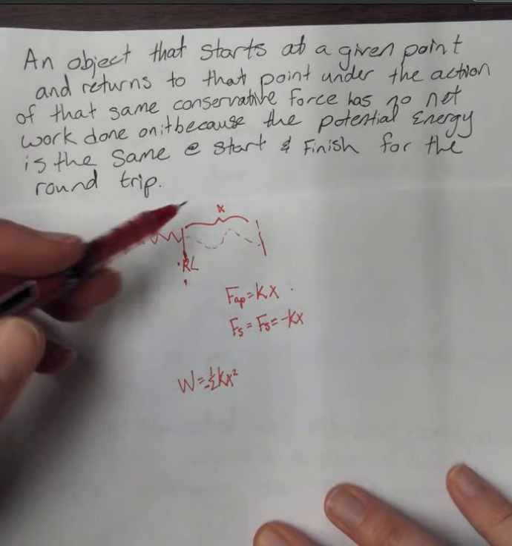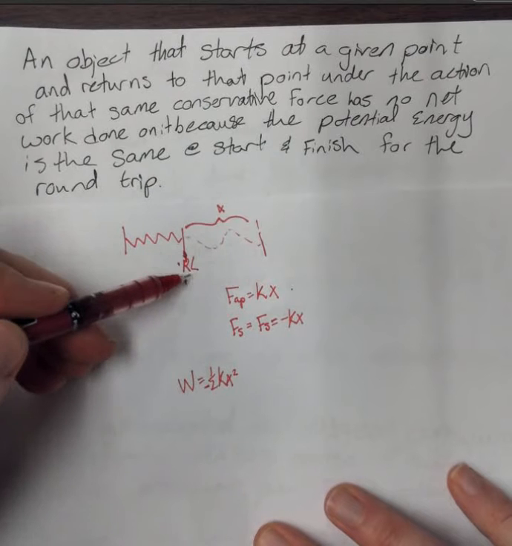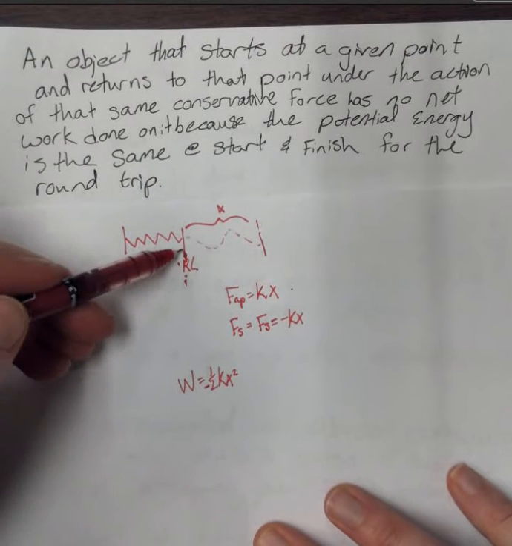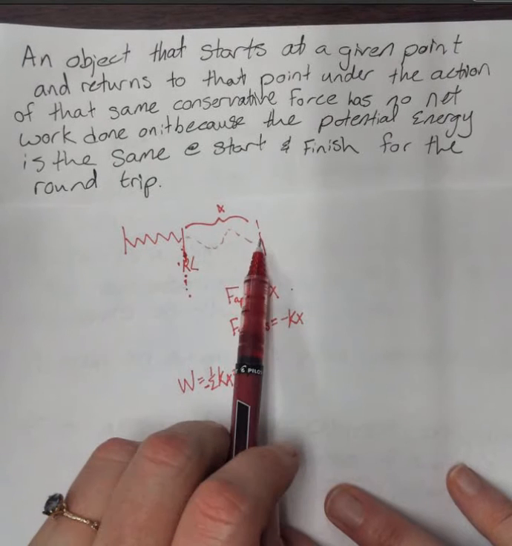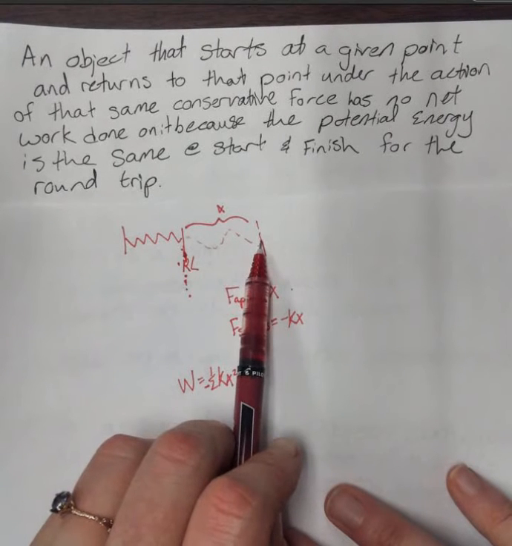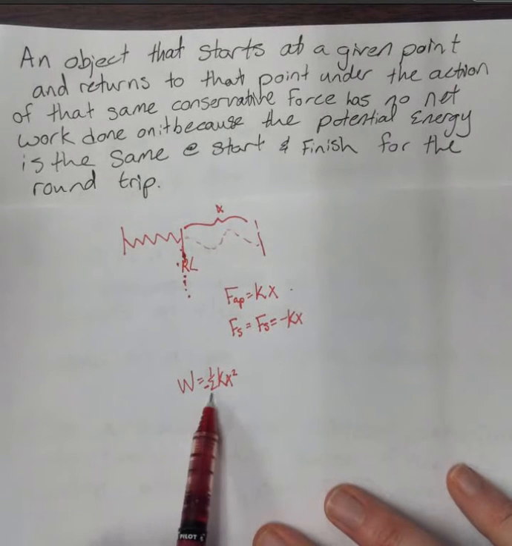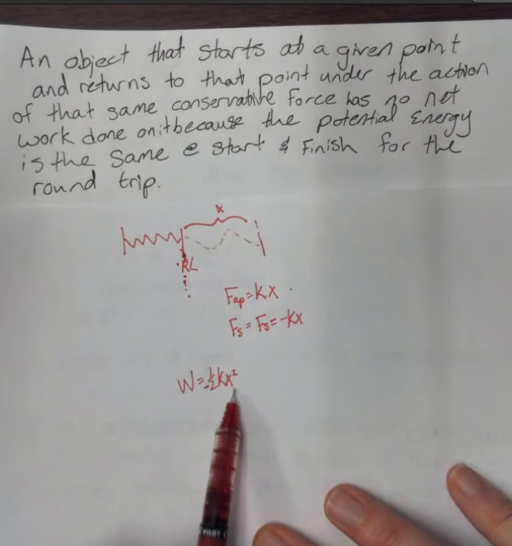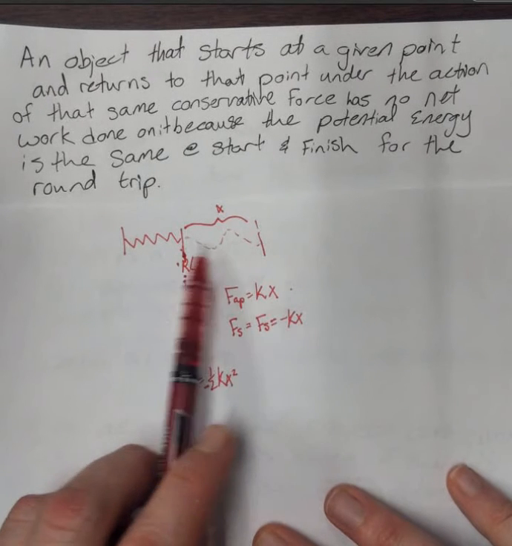Now, since the potential energy of the spring at its relaxed length is 0, that means the spring is doing no work. However, if you pull this spring back from that position, then the spring is doing work, a negative work to the amount of 1/2 kx squared. And that means that once you release that spring,